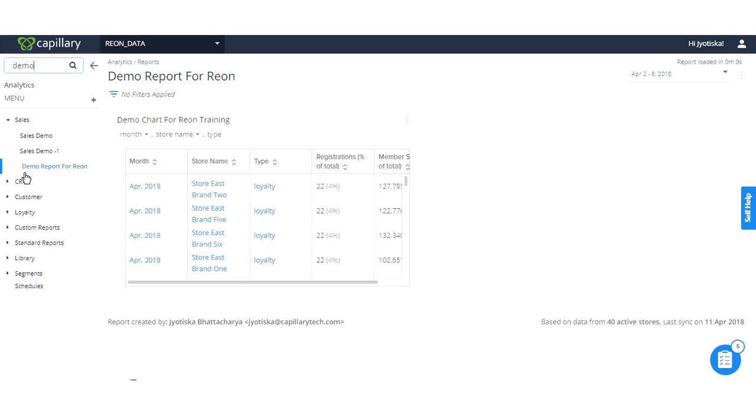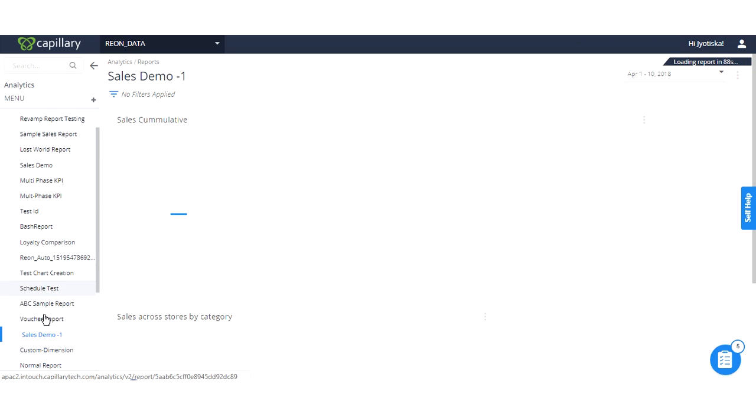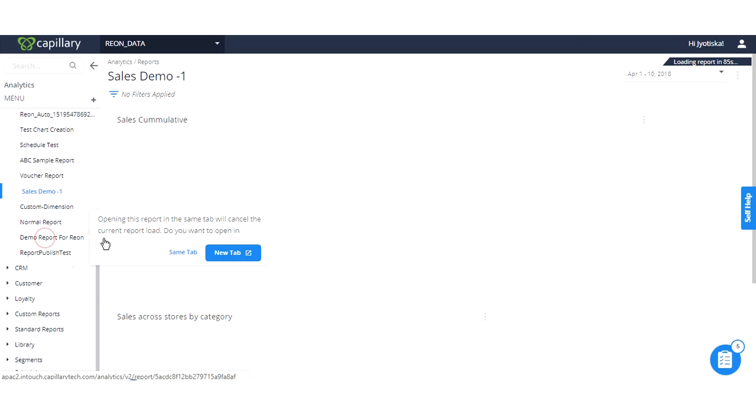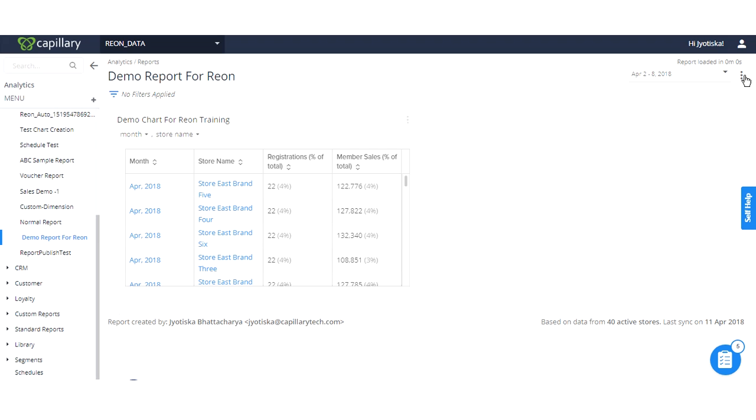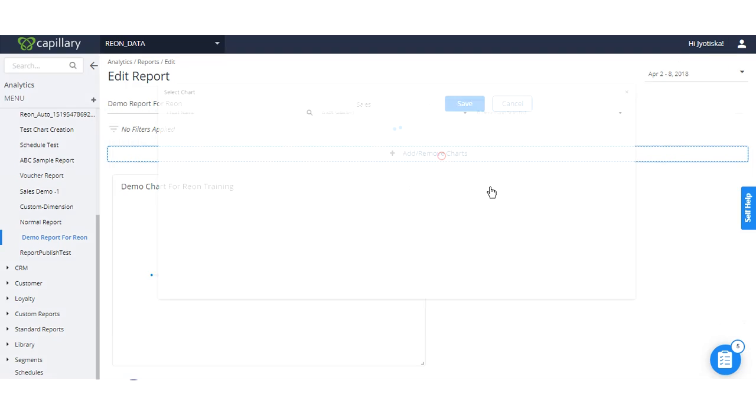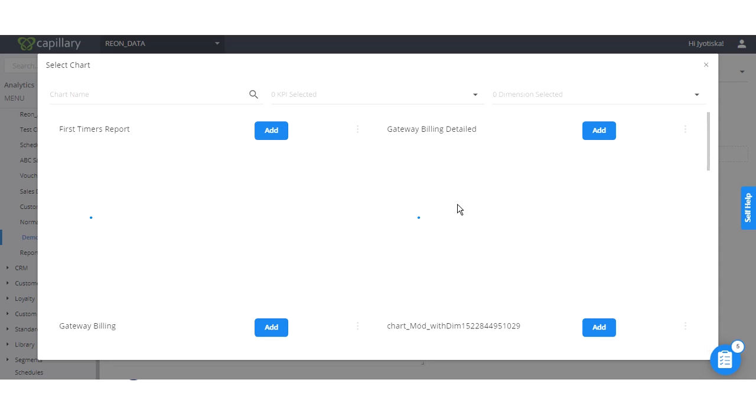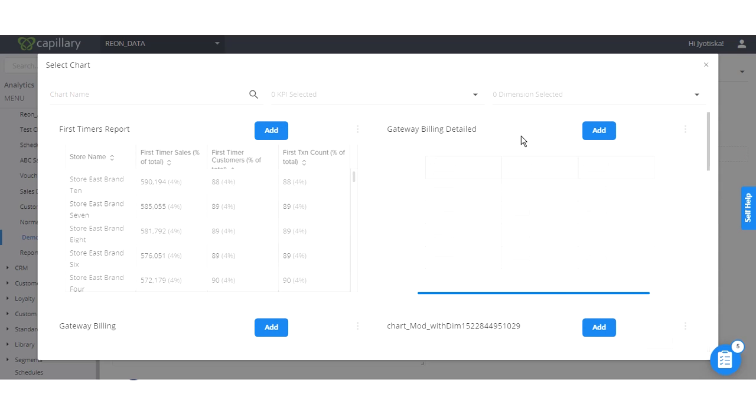search for this report again here. Same. Let's say I want to add more charts in this report. This report is good for this particular chart, but I want to have more information. I will go to edit. I will click on add/remove chart, and assuming you already have made those charts for which an additional requirement is there,